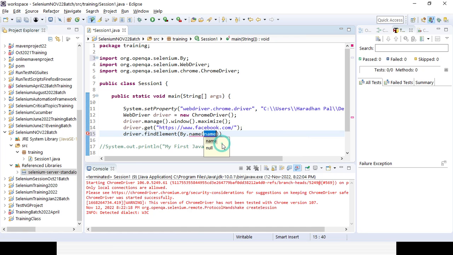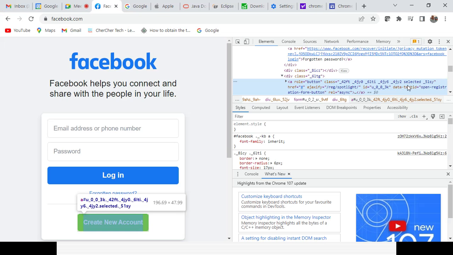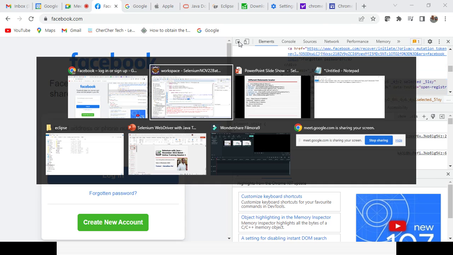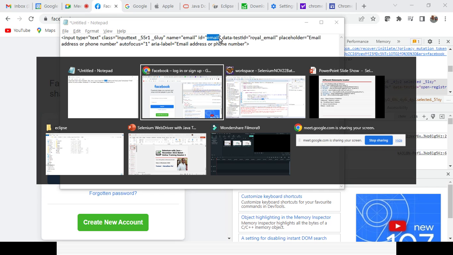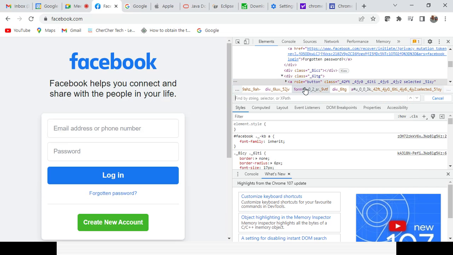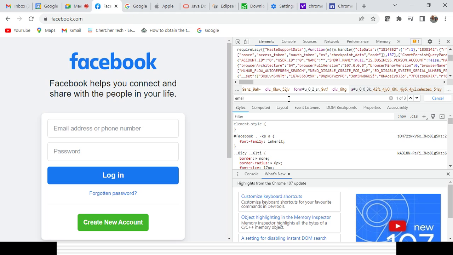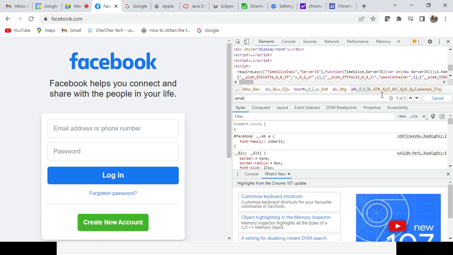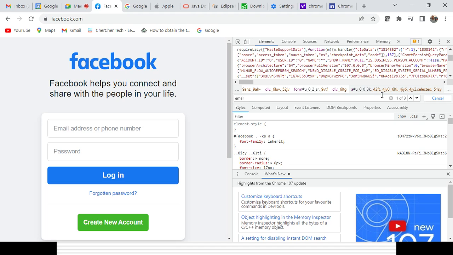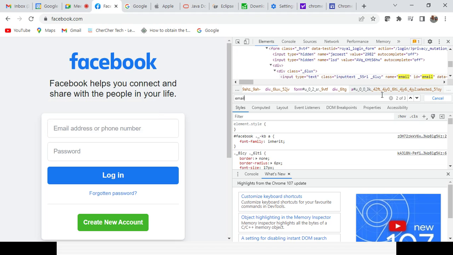It should be unique. So here what I have taken, what is the name? Email. It is unique, I know, but otherwise you can search it. How can you search it? You can press Ctrl F and search. You could see 3 is coming, but this is the email and ID field, and other things may sometimes be hidden. So it is unique, I know. That is the way you can check whether it is unique or not. It should be unique, otherwise it will not work.